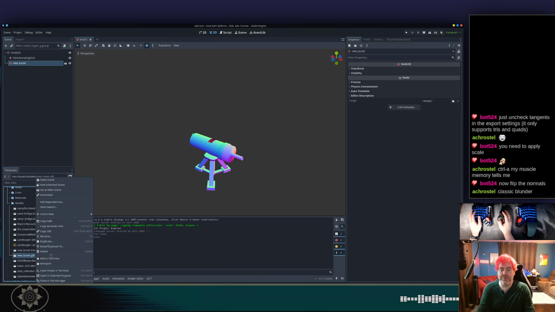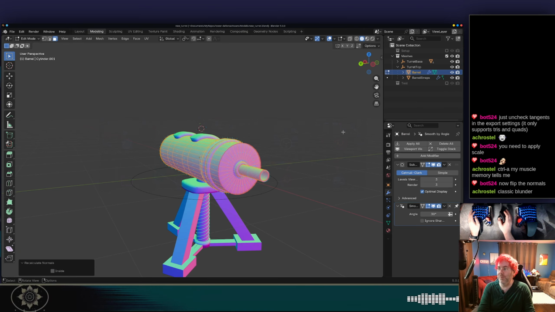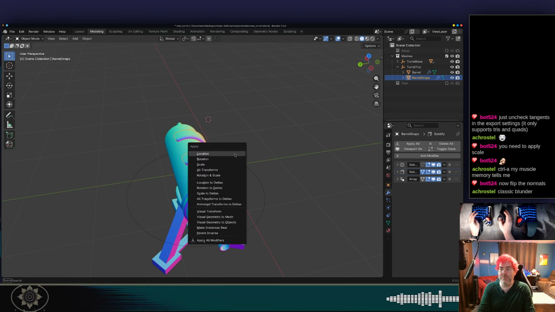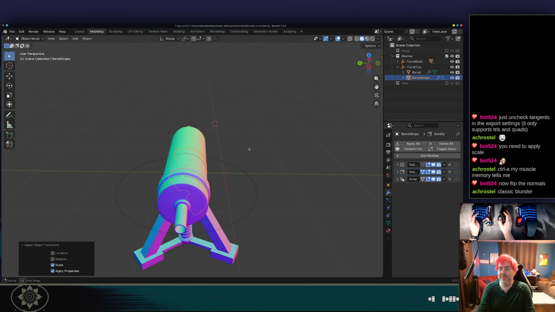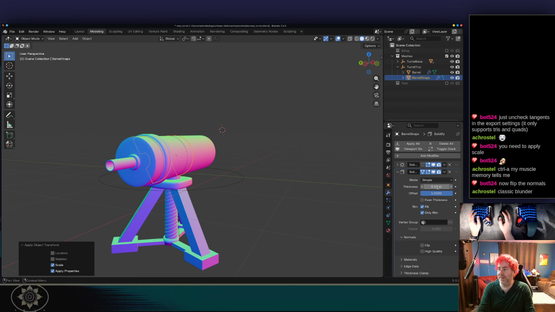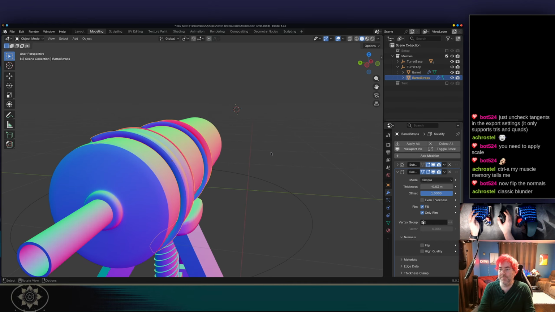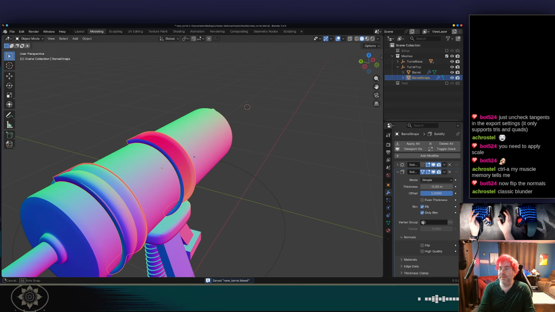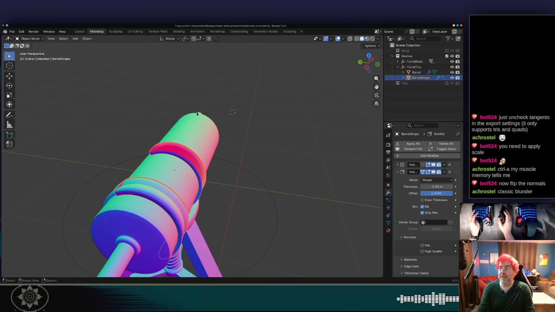Let me remove this extra file. We will figure out. Hey, active object has negative scale. Uh-oh. Oh, right. So, our solidifier modifier. Right. And then